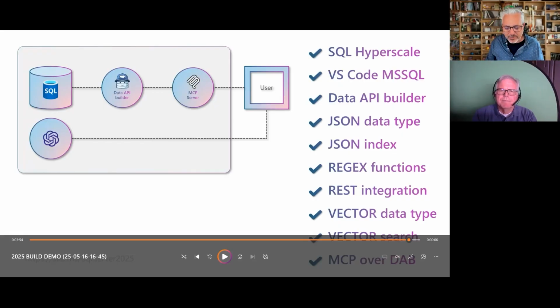And we're also trying to make a pretty significant change to make it so that we can take the MCP server that you're required to write today, even though it's very straightforward, and merge that into Data API Builder. Right now you can say, give me a REST API, enabled equals true. Give me a GraphQL API, enabled equals true. And we want to introduce, and we hopefully will have introduced by end of the year maybe, MCP server enabled